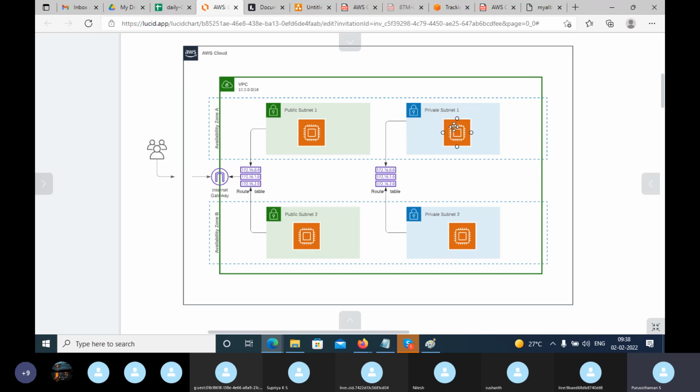Which means if you want to download any software, you can download through that NAT gateway, but the server will not be publicly accessible, though it can access the internet and get the details. NAT gateway is our next topic. Now we are only focusing on grouping the subnets through route tables.